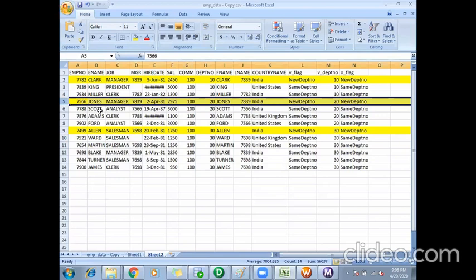Commit before means earlier transactions will be committed, then a new transaction will be created. Your current row will go to the new transaction. Commit after means whatever is there will be committed. Sorry, commit after means your current row also will go to the existing transaction. It will be committed, and then a new transaction will be created. So your new transaction will be empty as of now. The current record will go to the committed transaction.